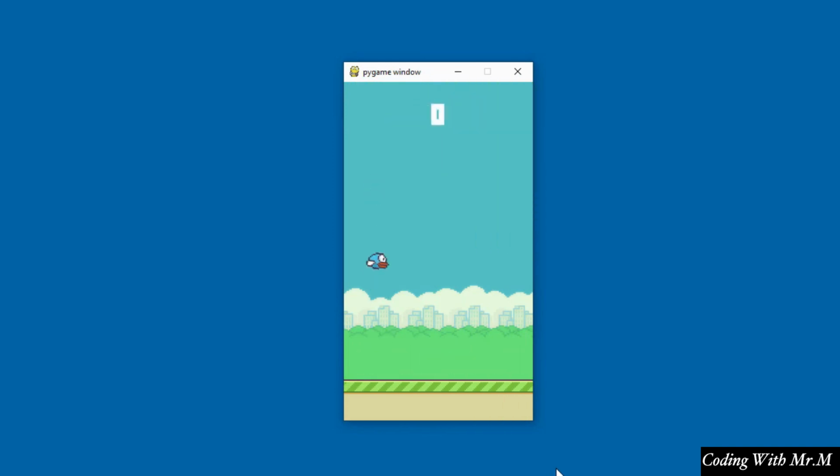The game is a bit difficult to play. So you can see I've not been able to beat my previous high score. So if I'm able to beat that, then the value will be updated. So at the moment, the current high score I have is